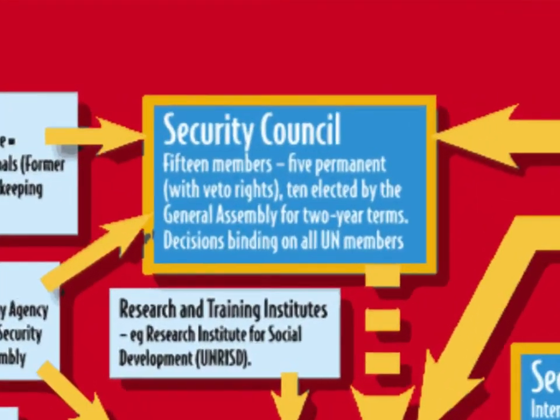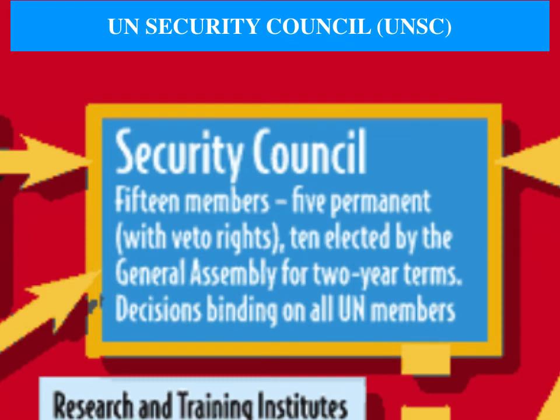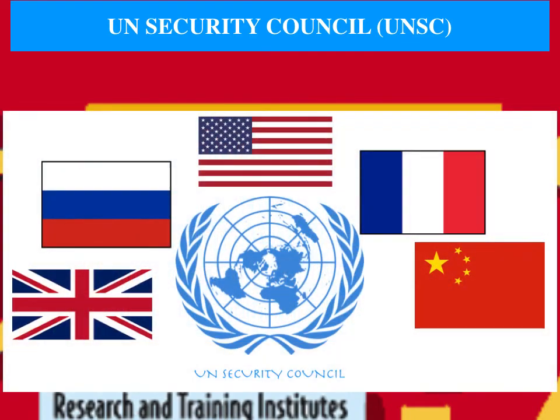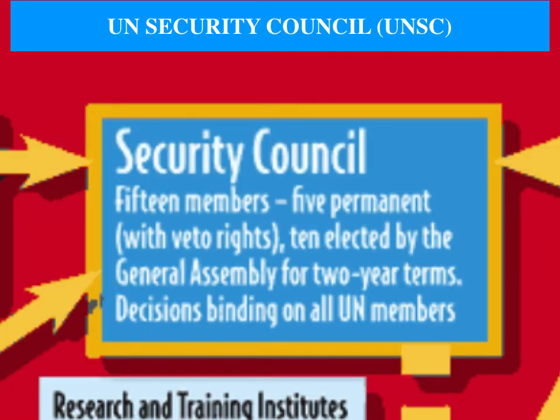Now, the Security Council is responsible for peace and war. That is important to remember, all right? Now, this Security Council consists of 15 members, out of which 5 are permanent and 10 are non-permanent members. Now the 5 permanent members are Britain, Russia, United States, France and China. The remaining 10 non-permanent members are elected for a 2-year term by the General Assembly. Fine. Now this council meets twice a month and its decisions are binding on all UN members.